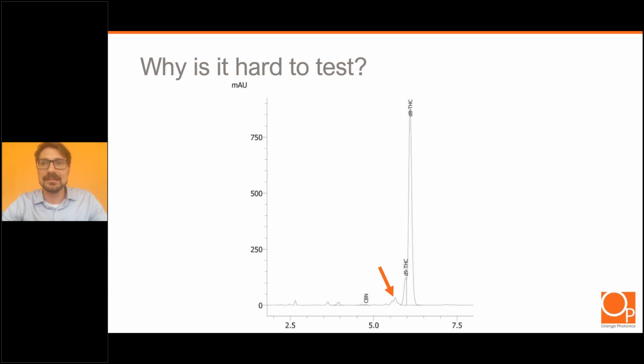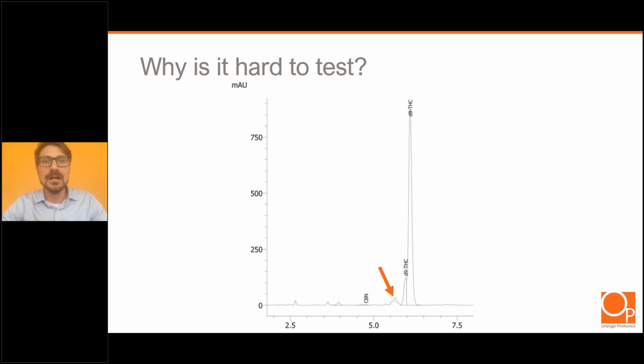And what's really happening here is Delta-8 and Delta-9 are kind of right on the limit of what an HPLC and really Light Lab as well can separate. So when you start adding a bunch of unknown components as well, things can get kind of messy. And that's why at Orange Photonics, we've had a dedicated algorithm to specifically look at Delta-8. And if it's detected, we do further analysis to kind of make sure that it's accurate and that the test